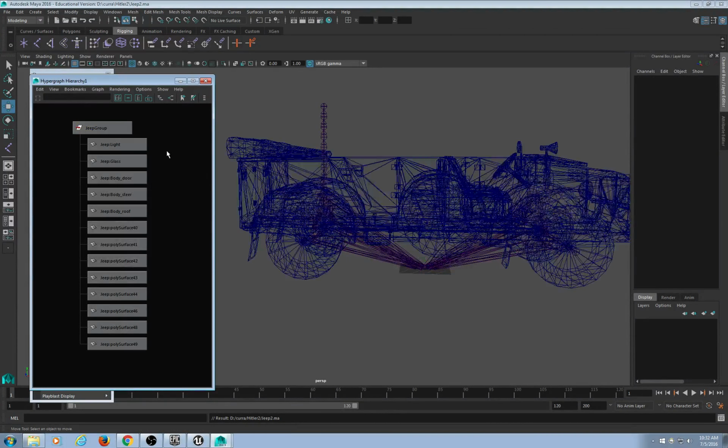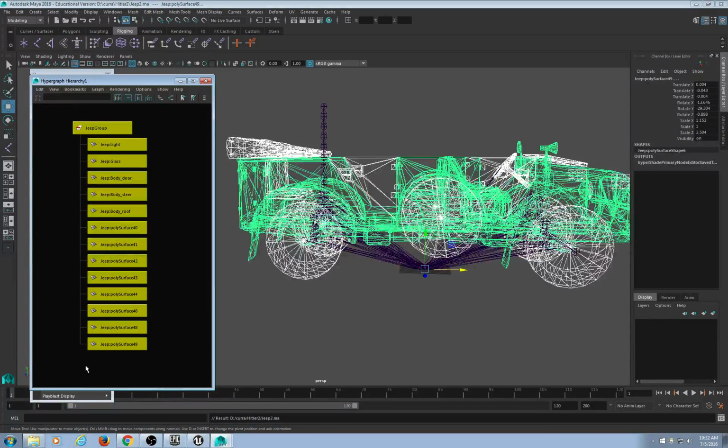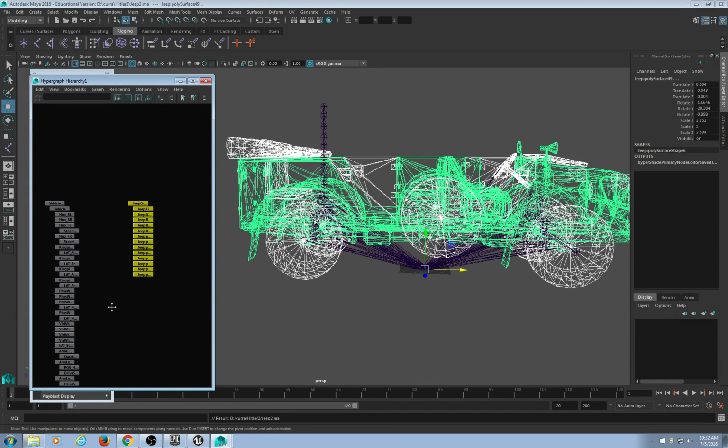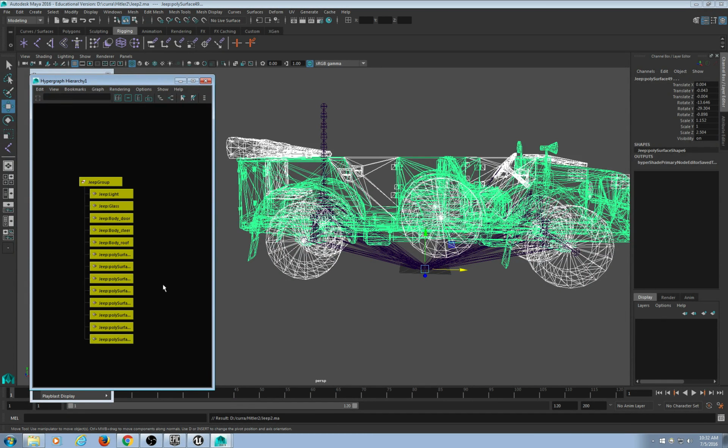And before we skin anything, we need to delete all the history and freeze all the transformations. So in your hypergraph hierarchy, select all the mesh objects, not the skeleton, just the mesh objects under Jeep group, including Jeep group,